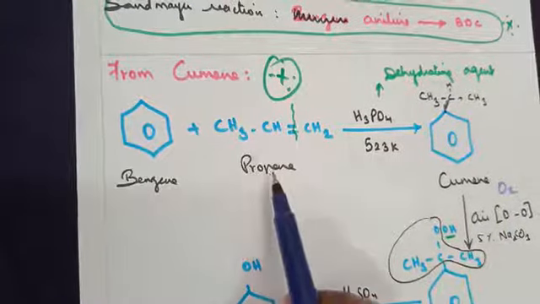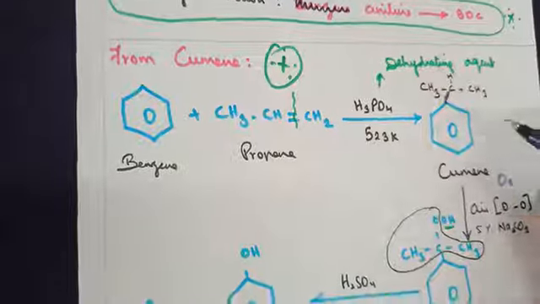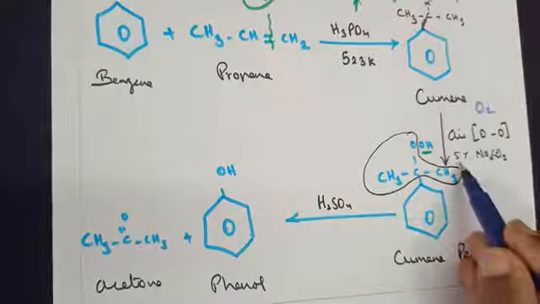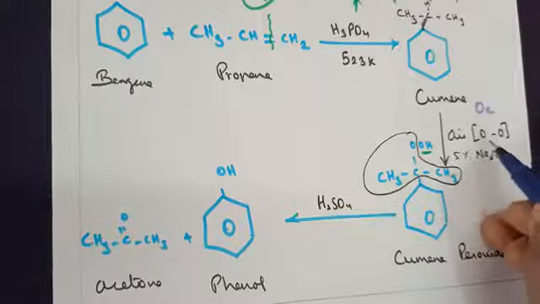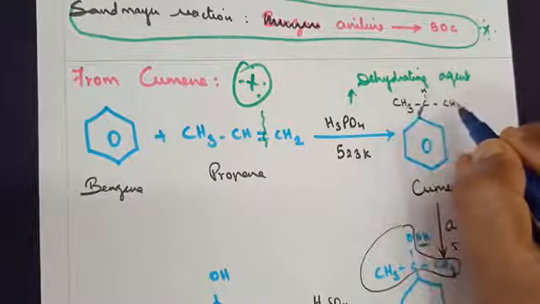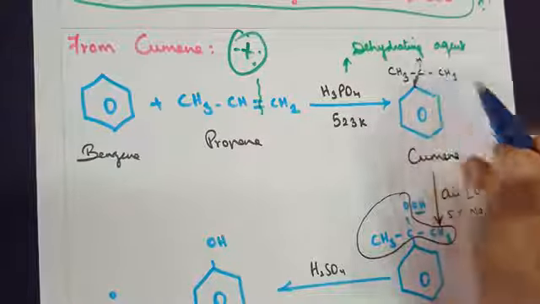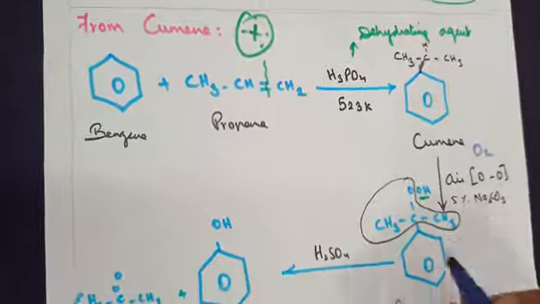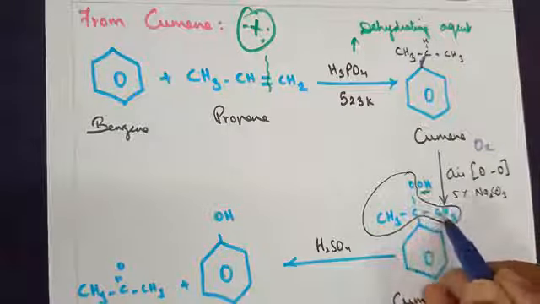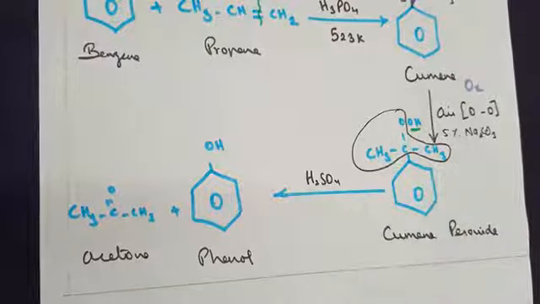So benzene treated with propene in the presence of phosphoric acid, which acts as a dehydrating agent, we get cumene. Cumene further when we treat with air in the presence of 5% sodium carbonate. Air, when we say oxygen, O2s are there. So what happens? You have a CH3, CH you've got. These two oxygens go and attach themselves to the second carbon. As a result, you get benzene ring with C(CH3)2 and OOH. Now this is called cumene peroxide, presence of 2 oxygens here.